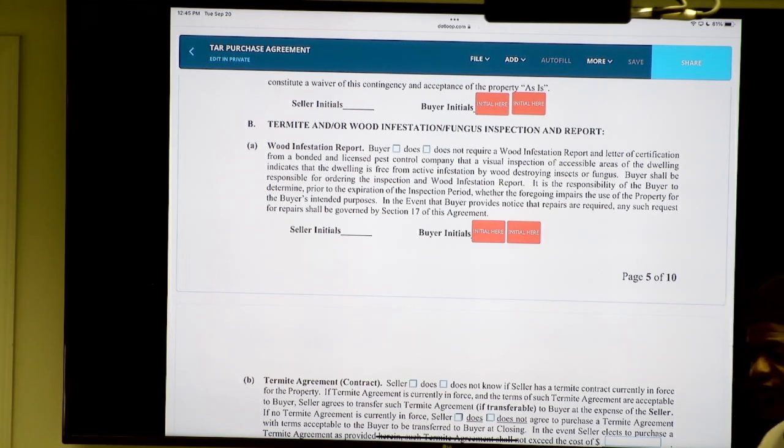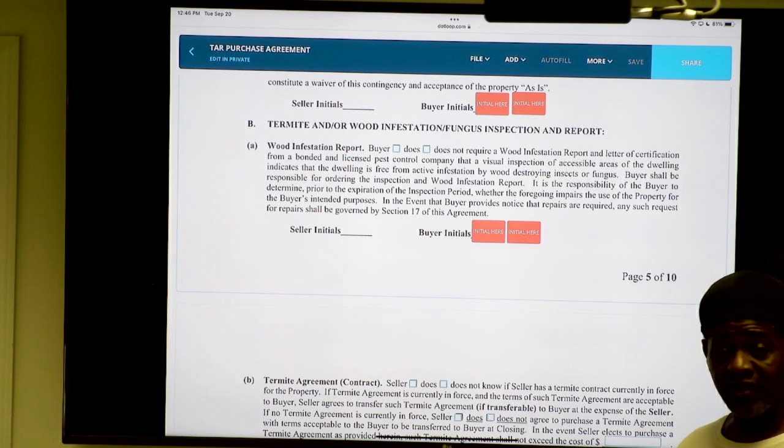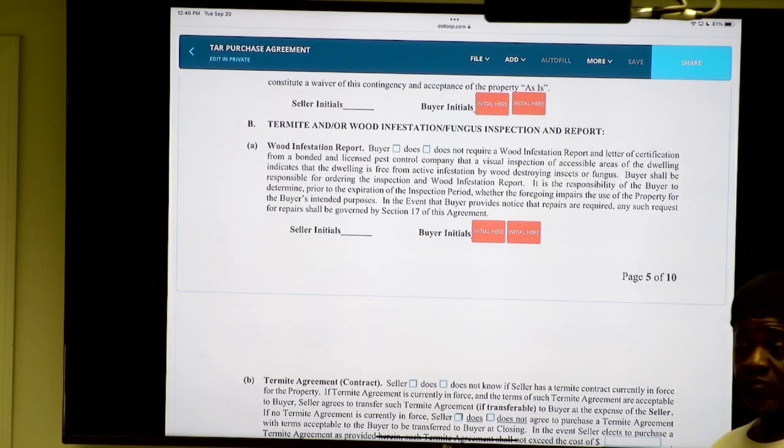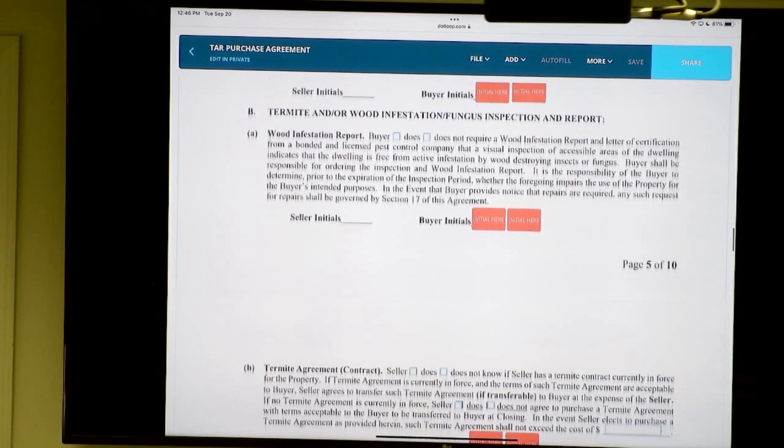Because when you write an offer and you submit it and the seller doesn't accept it, that means that offer is basically voided. If they counter that offer, it's basically voided. So they will counter your offer, which creates a voided offer, right? All right. Next,